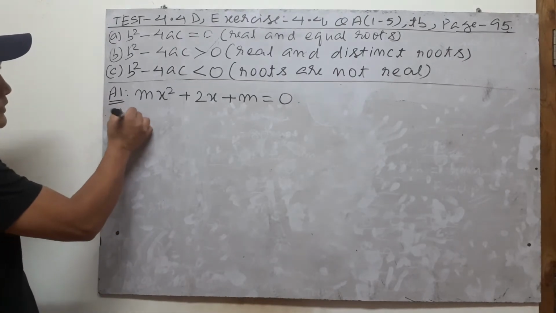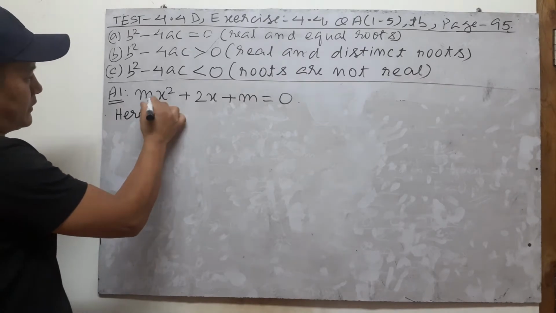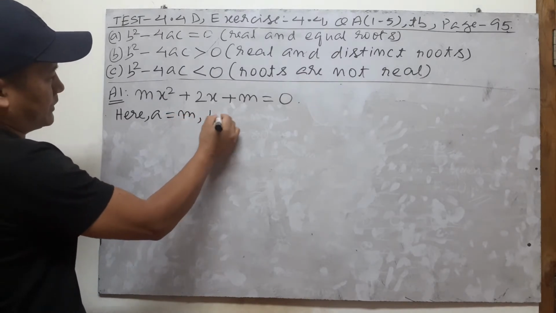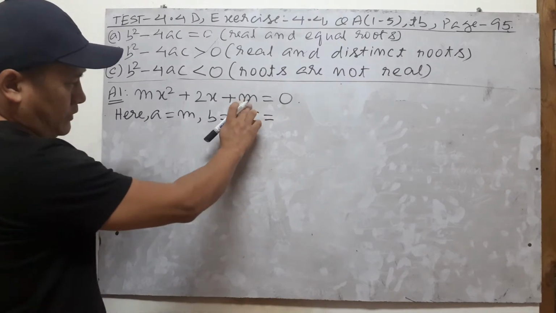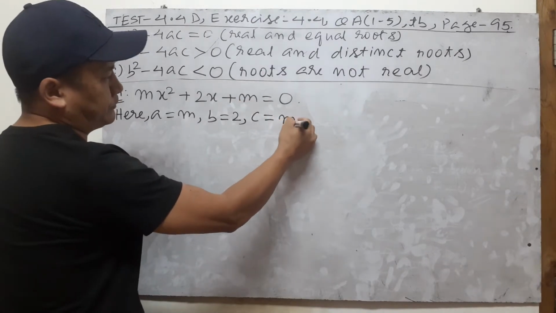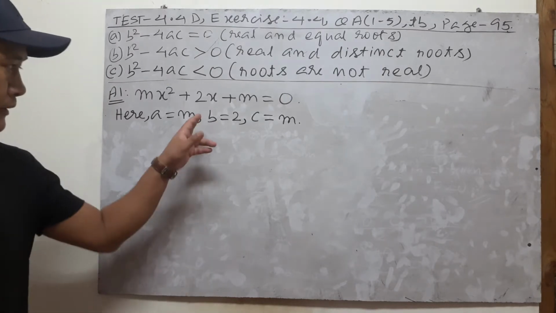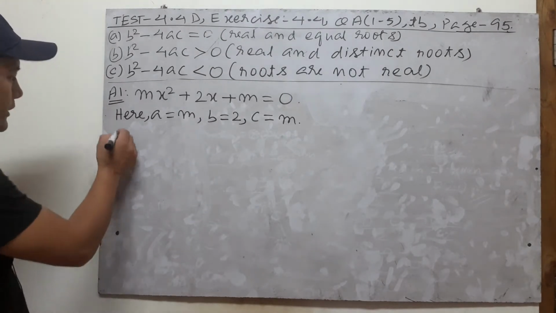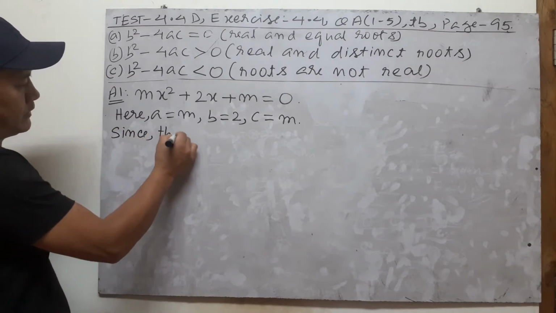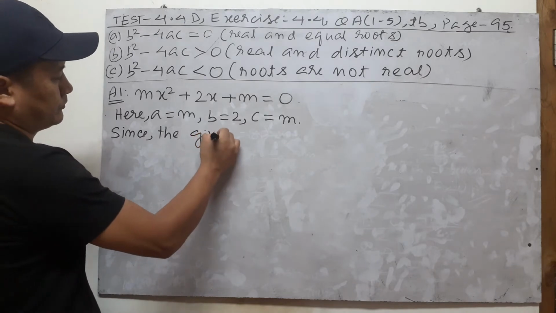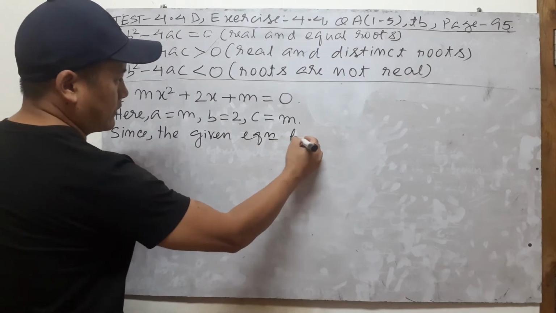So for that, we'll just bring out the coefficients. a, which is in front of x squared, is plus m. b is the coefficient of x, which is plus 2. c is the third term here, which is plus m. Then the question says this equation has equal roots. So we write here, since the question says the given equation has